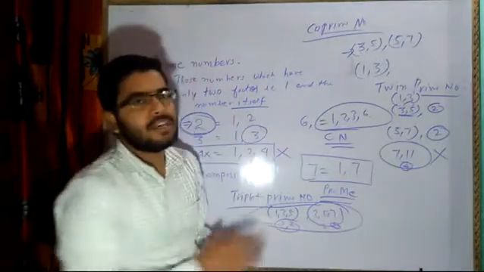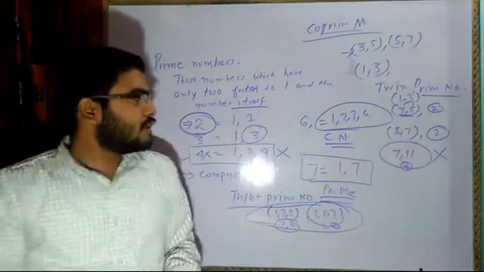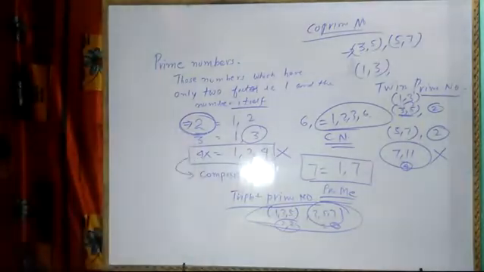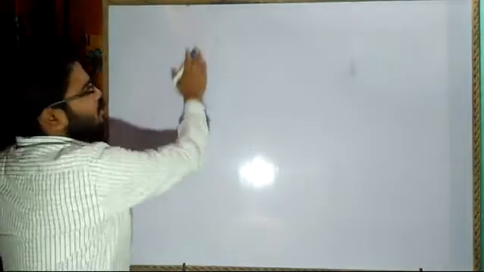So I hope it is clear, based upon the numbers, what types of numbers we have. Based on this, you all have questions to find out which are prime numbers and which are composite numbers, and I hope this much explanation will help you in finding the solutions. Now I will be discussing the divisibility rule of certain numbers. Now, what is the divisibility rule?